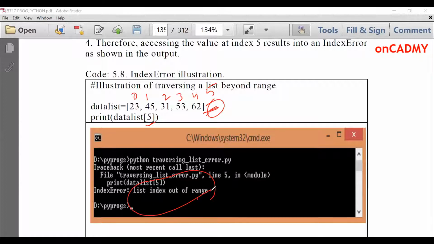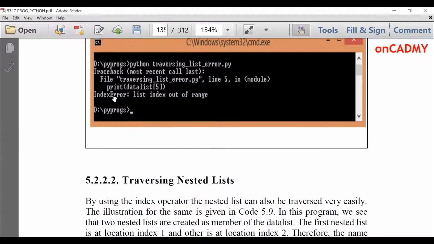Similarly, it was in C and Java also, array index out of bound, like that. And in Python also, it will generate an error if we want to access elements beyond a certain range or beyond the index values, which are assigned by the compiler or interpreter.